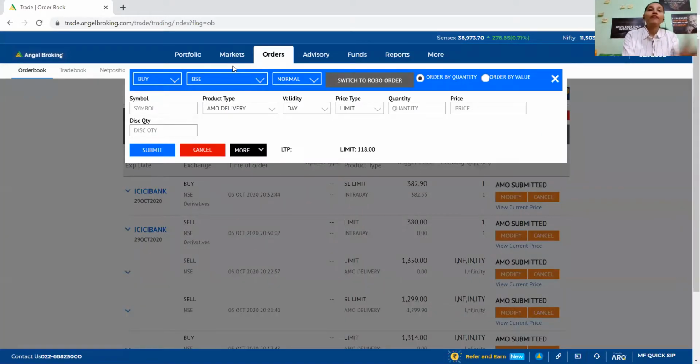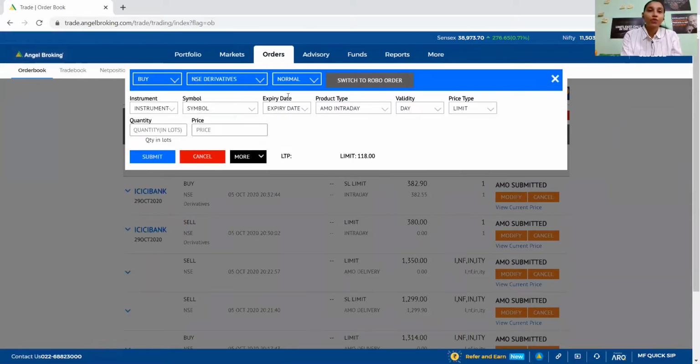Okay. So now I have to buy again. What to buy? NSE derivatives over here. And this is obviously going to be a stop loss this time. No, sorry, normal. The target. And the instrument is future stock. When you are doing cash, then this will be NSE cash. Okay, it will not show this instrument. This is showing only because I have selected NSE derivatives. When you select NSE, it will not show all these things. So NSE derivatives is futures and options. So again I will have to just type this over here.